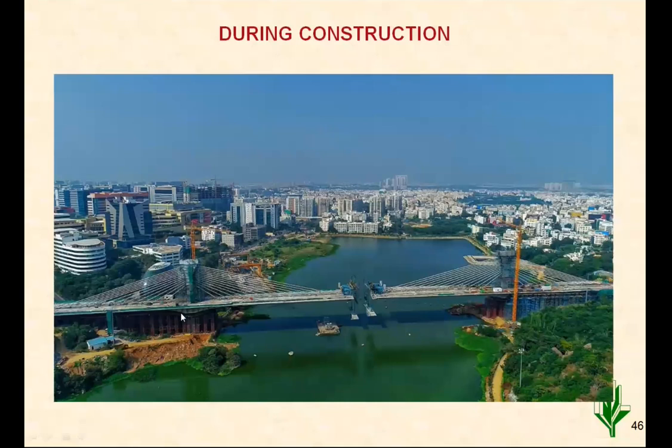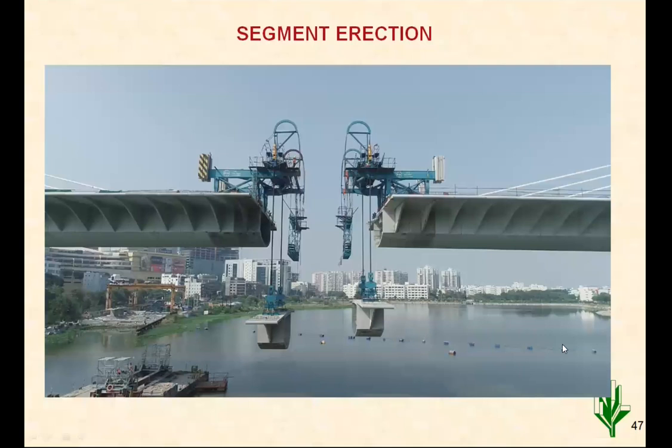The back span is first erected on the staging. The internal cables are stretched, and the external cables are installed one by one on either side. So the segment by segment erection is done. This is a closer view of segments during the erection. There is a specially designed crane here that is lifting a segment up to here. Then this is a second frame for people to stand on, and there will be some cables and all erection will go on. So for that work, people have to go there. So this kind of crane has been used.